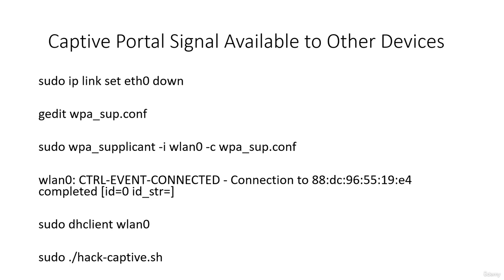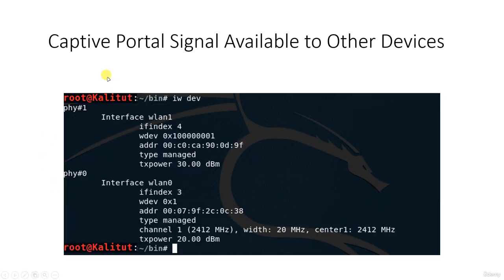Now we need to raise our own access point, which will use the intercept portal interface as a source of internet access. So we look at the name of our interface like this. So this is our interface. There are a couple of network interfaces. Just type iwdevs and it will give you all the interfaces. So what you have to do now is,